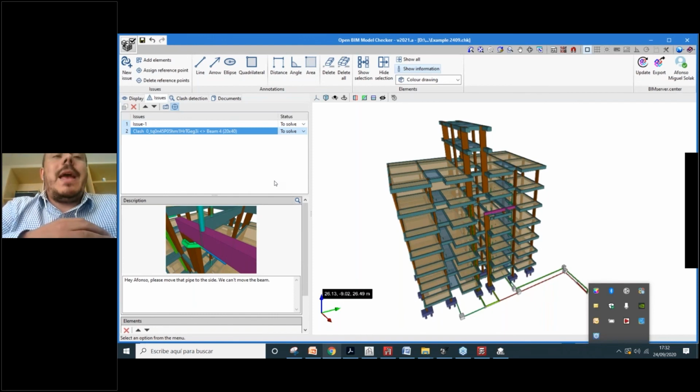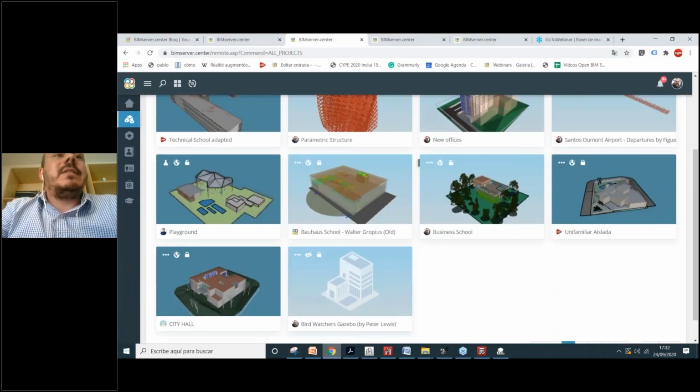And these issues can be added to the project using your mobile phone. So if you are, for example, during the construction of the building, and you find a possible issue in the field, you can take a picture of that and send this issue to the platform, and it will be available on BIMserver.center,